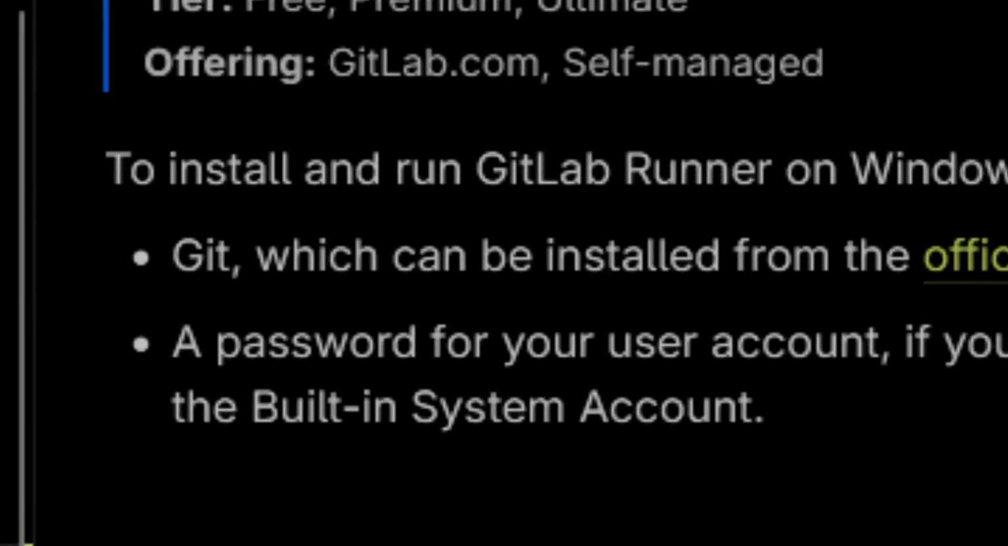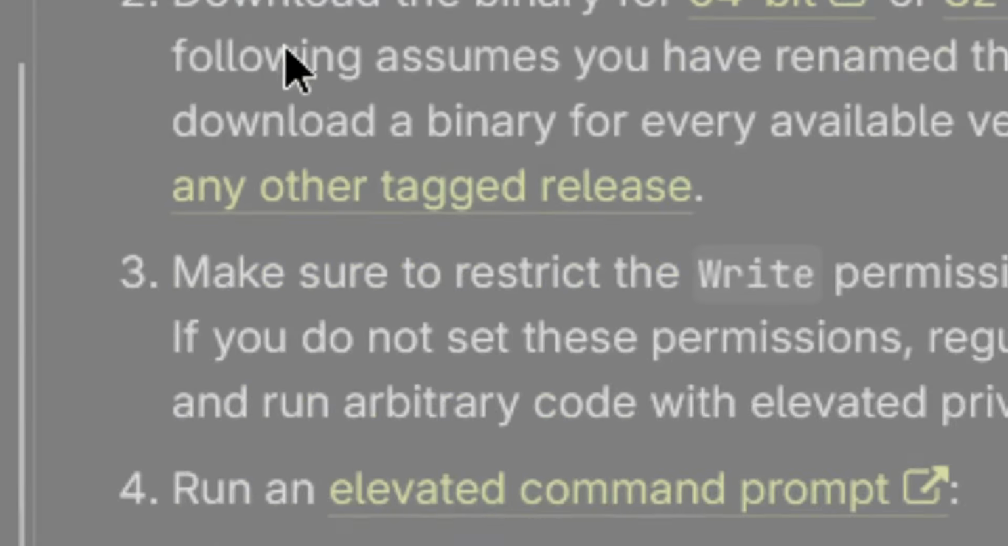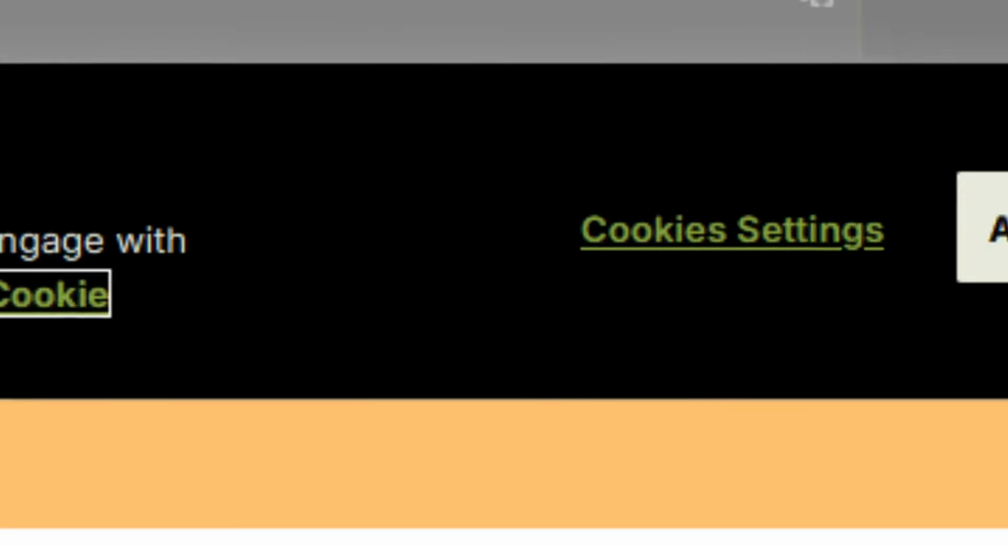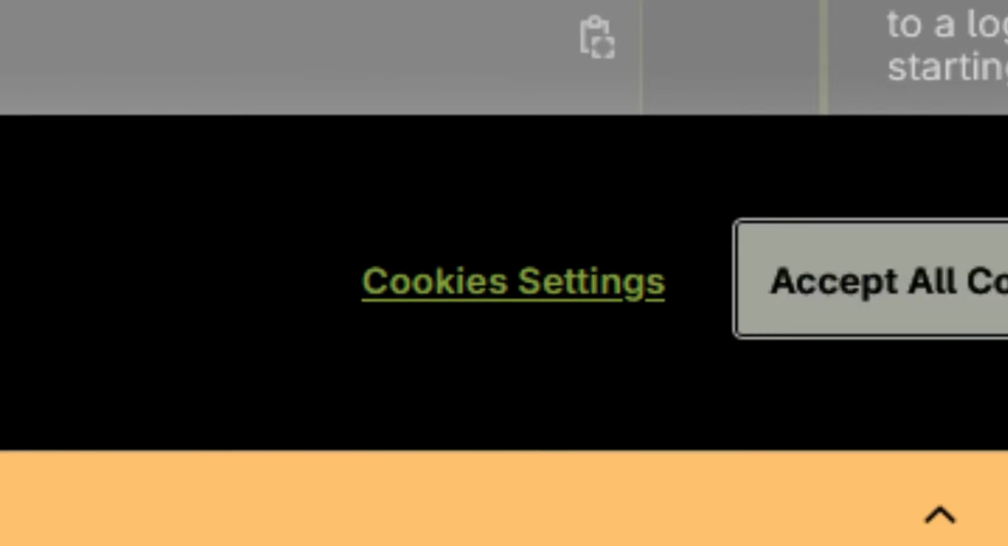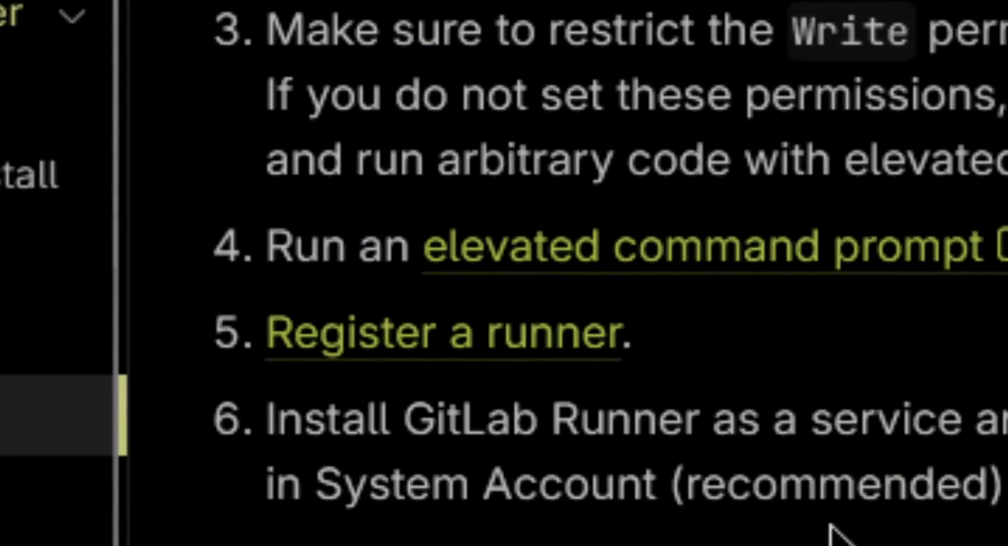And under GitLab docs, it says, okay, you go download the exe. I don't care. Your GitLab. Go away. I'm trying to read. Anyway,